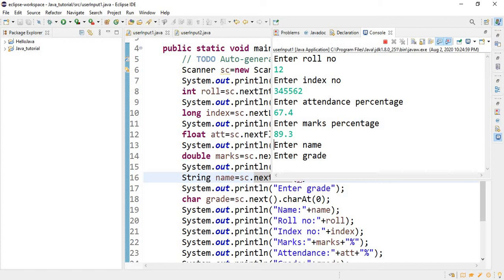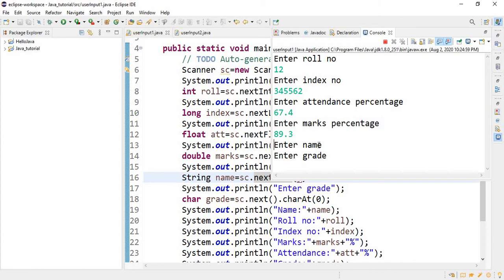Now, if you remember, before our string input, we had taken a double type input. Then we had typed the number 89.3, then pressed an enter key over here, and then the enter name was printed. But the nextDouble function will take only 89.3 as the input. It will ignore the enter or the new line character we had pressed.